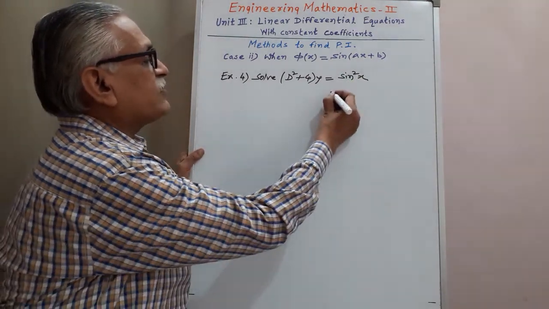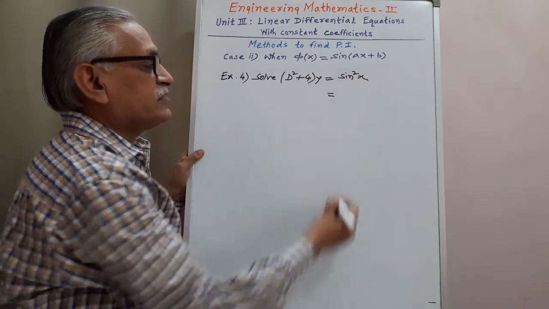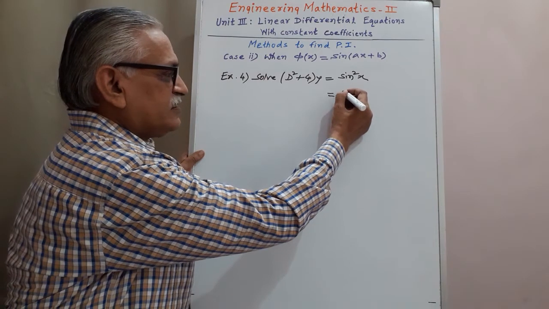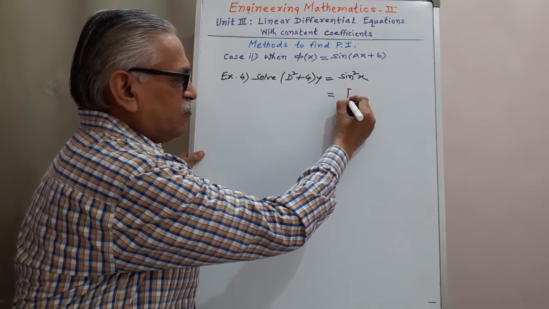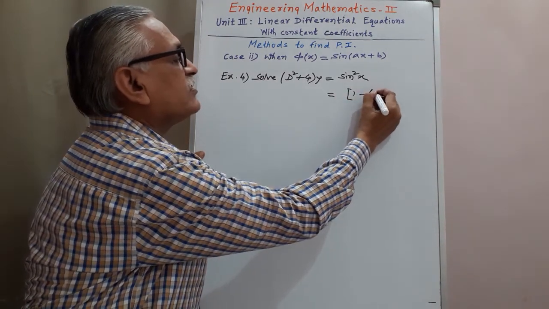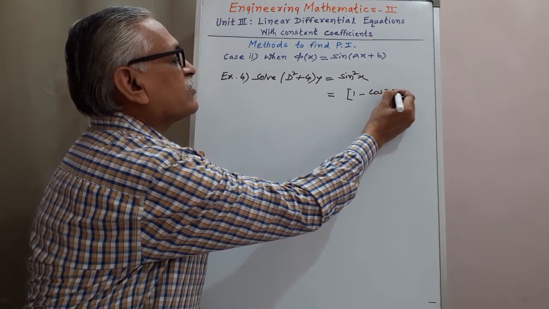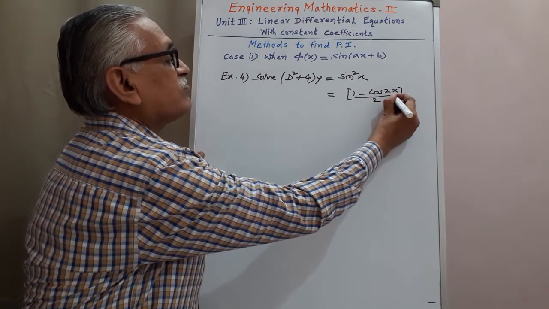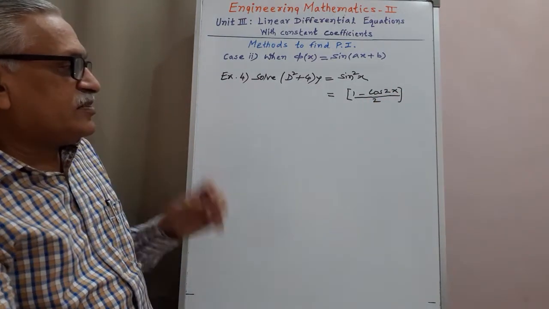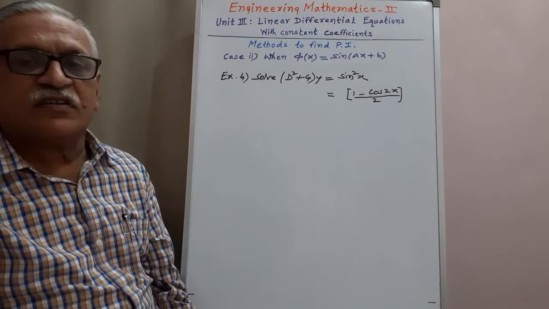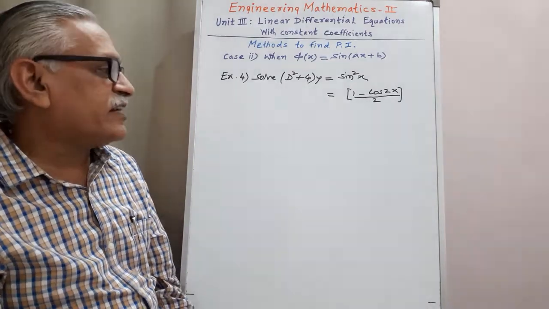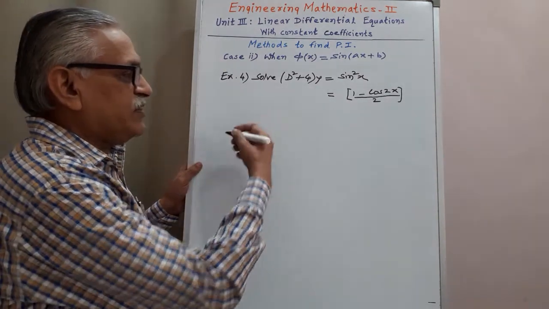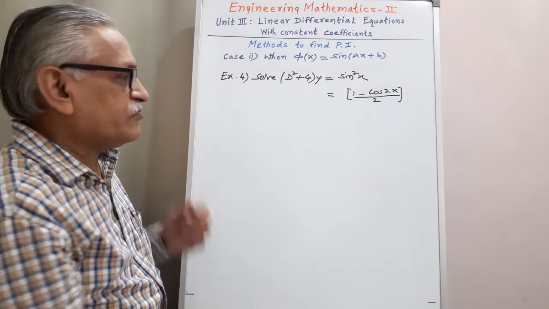Therefore, first of all we have to rewrite this sine square theta by using a standard trigonometric result. We know that sine square theta is 1 minus cos of 2 theta, means 1 minus cos of 2x, divided by 2. Means we are getting two terms, 1 by 2 first and second, minus 1 by 2 into cos of 2x. Means we have to find out PI1 and PI2. Therefore,